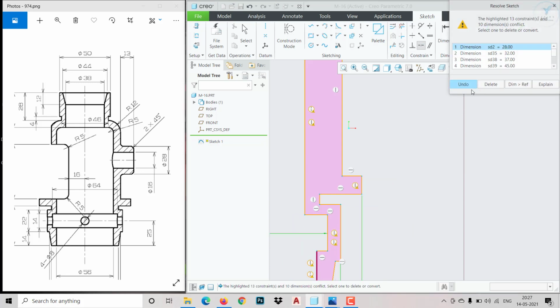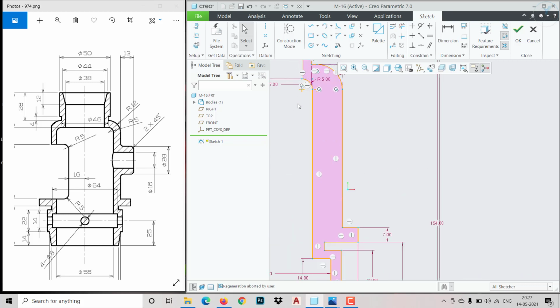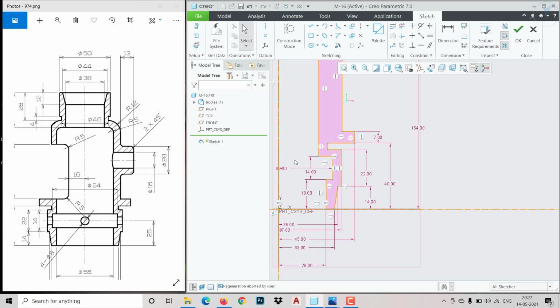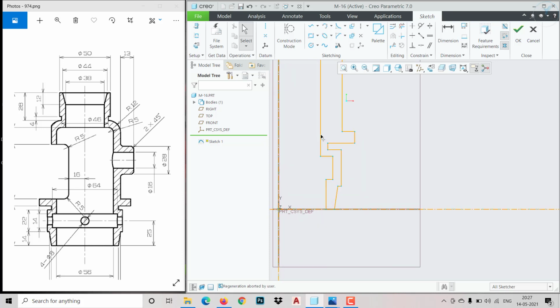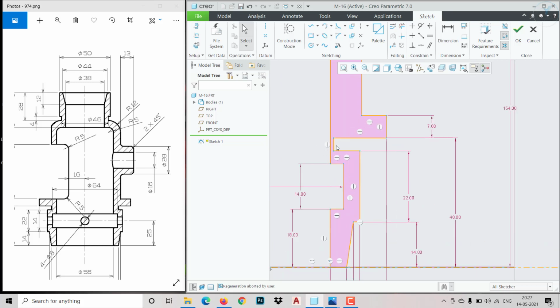Okay, once again, let me give it again. Okay, so now it is collinear.